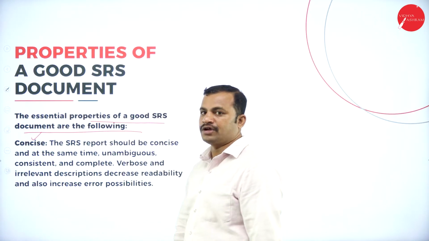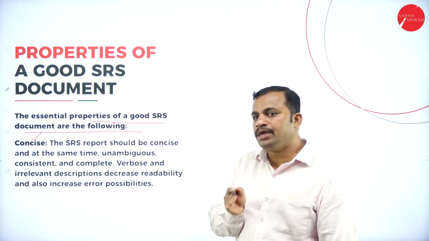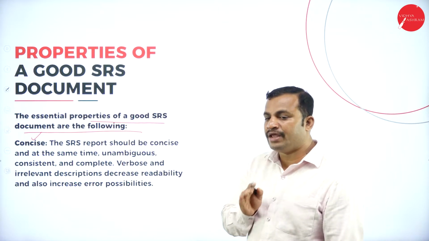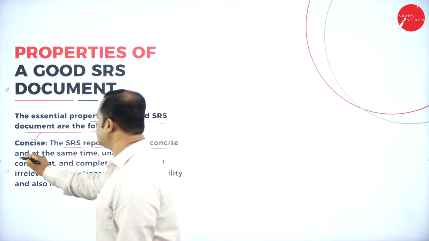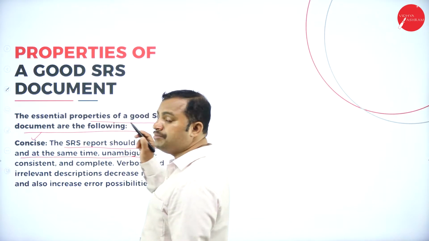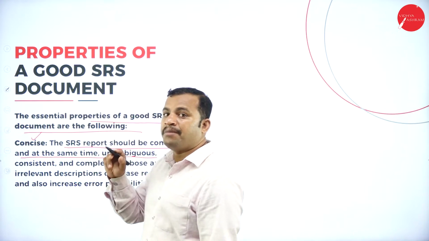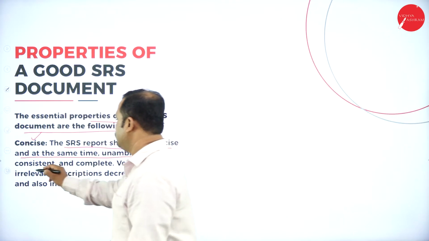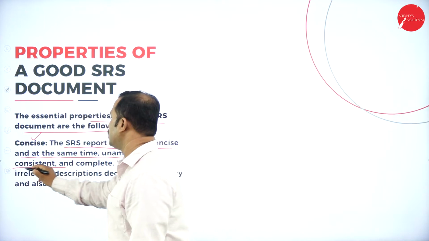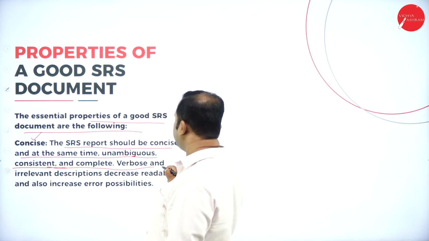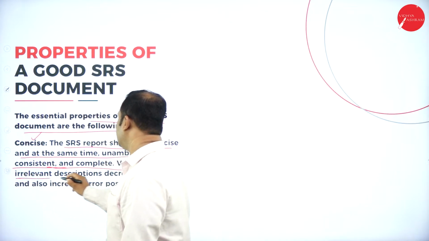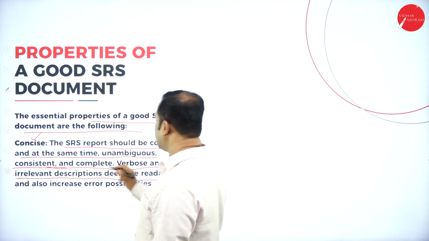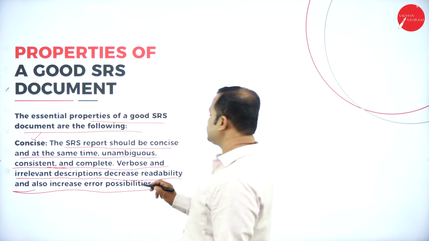What is the meaning of concise? It has to be written very well. That means the SRS report should be concise and at the same time unambiguous. There must not be any ambiguity. That is, consistent is also another important property, and complete. Verbose and irrelevant descriptions decrease readability and also increase error